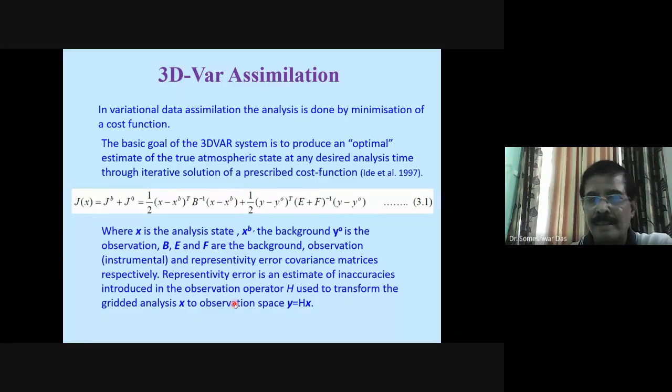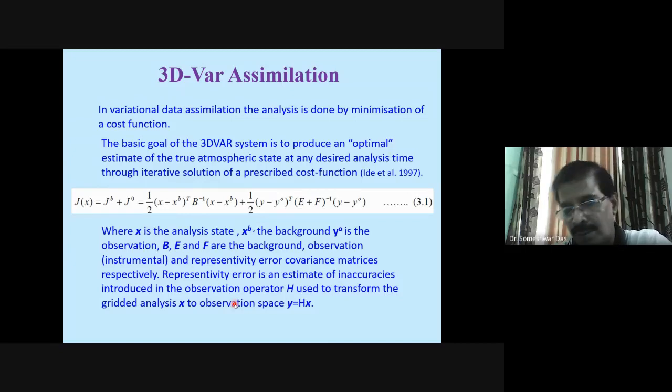Observation taken at Dum Dum airport in Kolkata, or at the Alipur observatory of Calcutta, is supposed to represent the whole of Kolkata, which may not be exact, which may not be true, but still we consider that observation to be representing the whole city. So the error because of that is generally called representativity error. And that is about the surface. I also told you last time that when you are collecting radiosonde observations, the radiosonde is launched at one location.